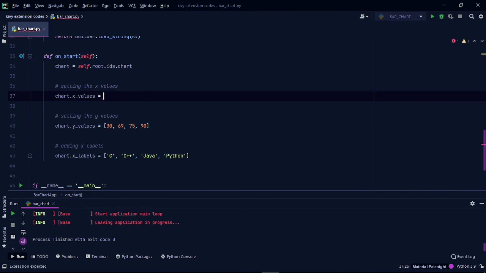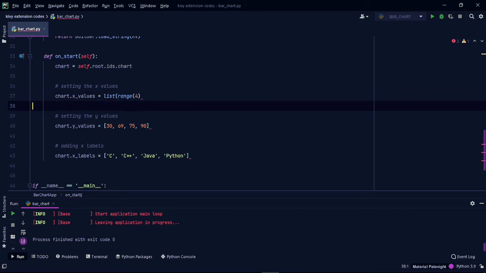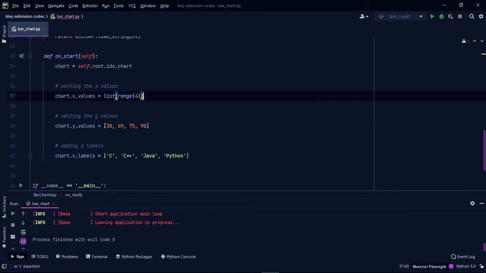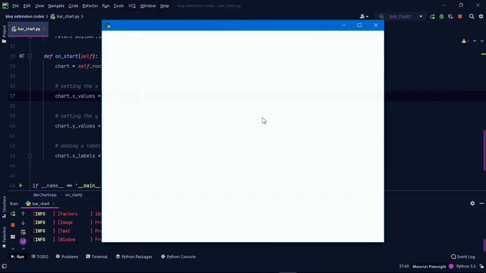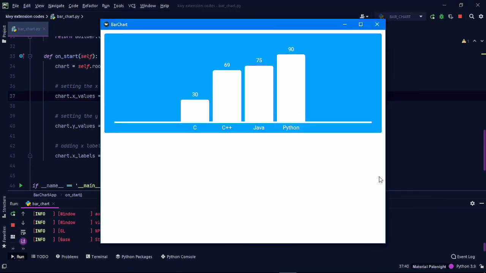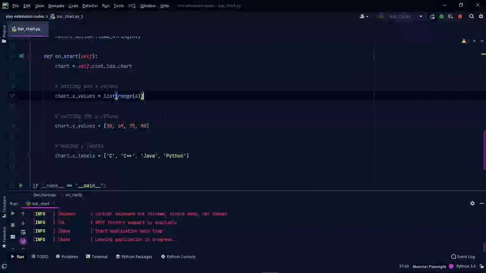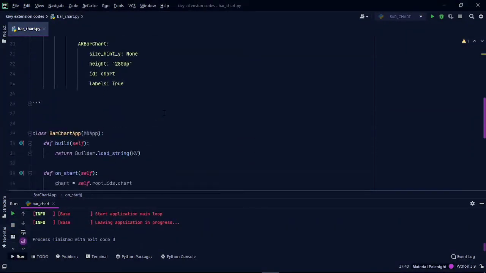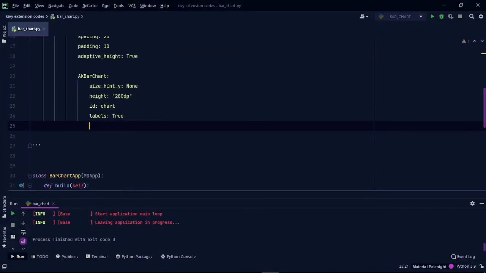Instead of typing X values one by one, you can use a range function. As the X values must be a list, you should change the range to a list. You can see the bars are loading with an animation.